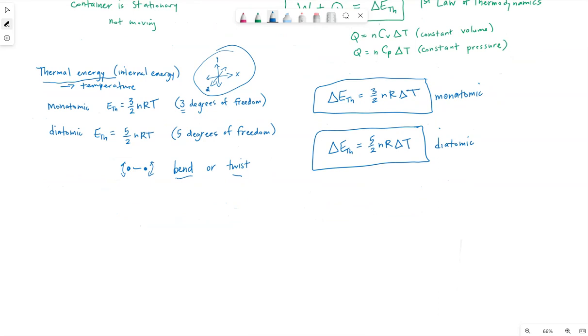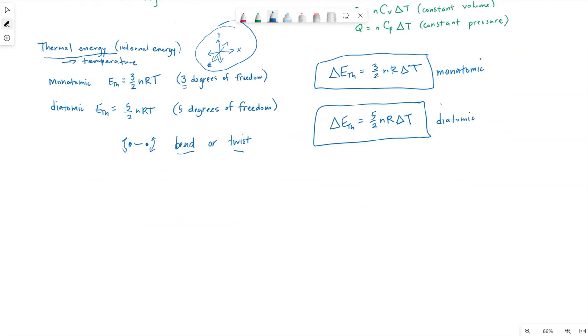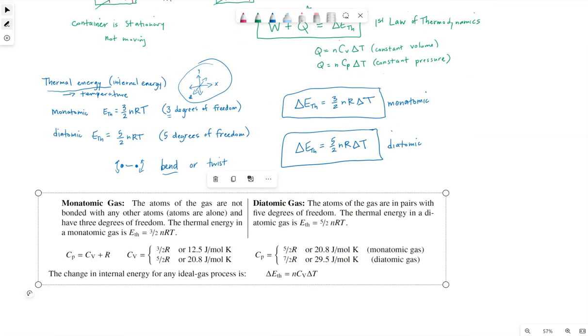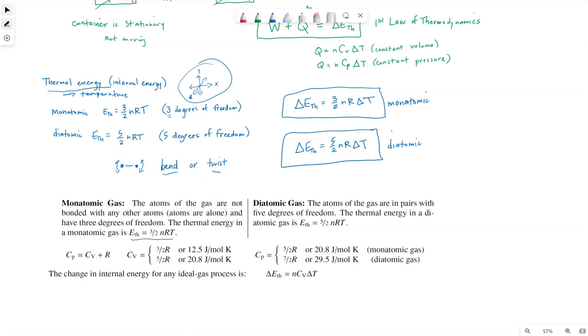Now, let me go grab the picture from the test notes where we have CP and CV again. So I showed this clip from the test notes in the previous video. This is where they talk about the degrees of freedom, the thermal energies, 3/2 nRT for a monatomic gas, 5/2 nRT for a diatomic gas. But because we get this 3/2 R and 5/2 R, and that has been defined as